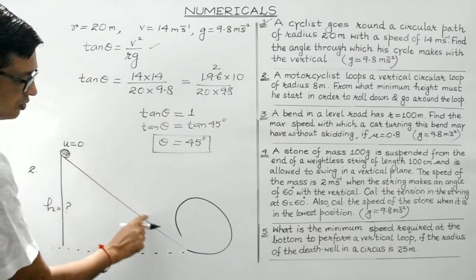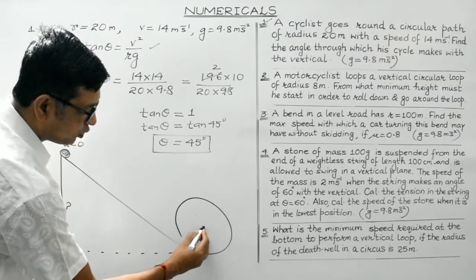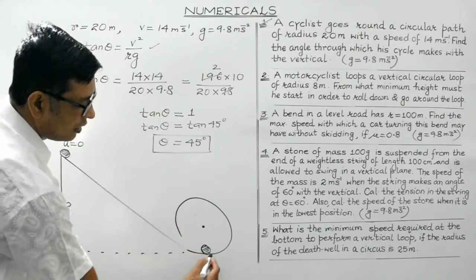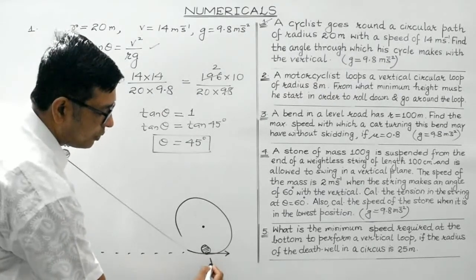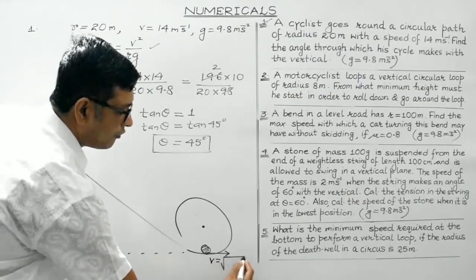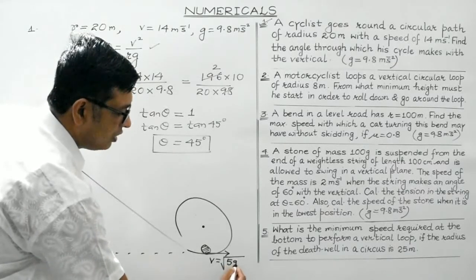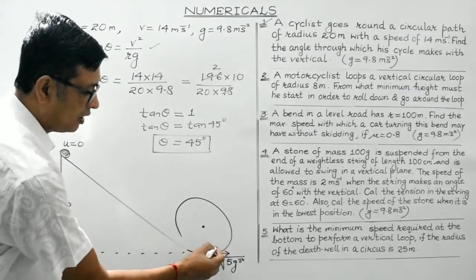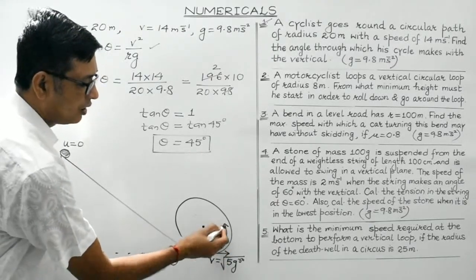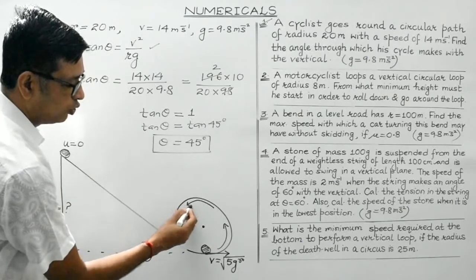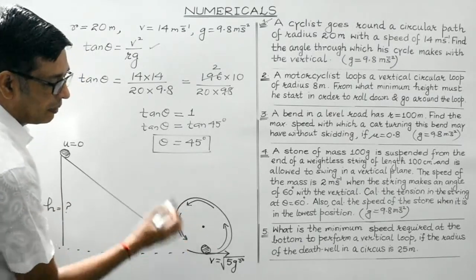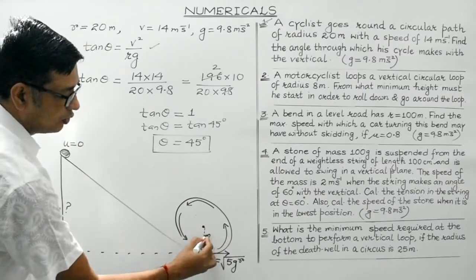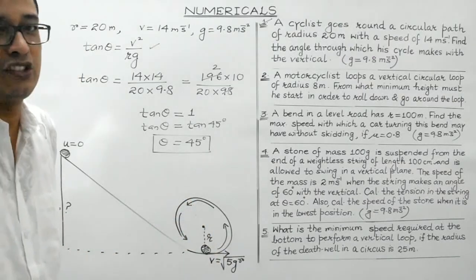So it will roll down and this will be the lowest point. This is supposed to be the center. This being the lowest point here, its velocity should be equal to root 5 gr. This is the minimum velocity which the body must possess at the lowest point so as to be able to execute this vertical circular loop. Am I clear, students? And here r is the radius of this vertical circular loop. Clear? So this is the situation.